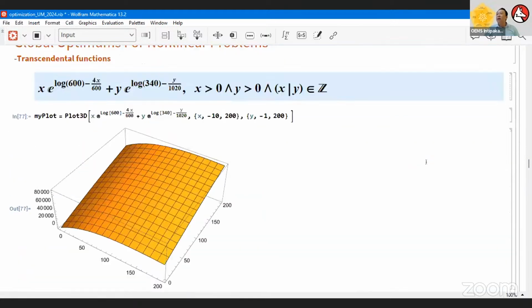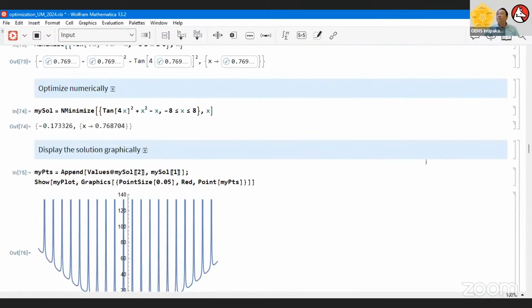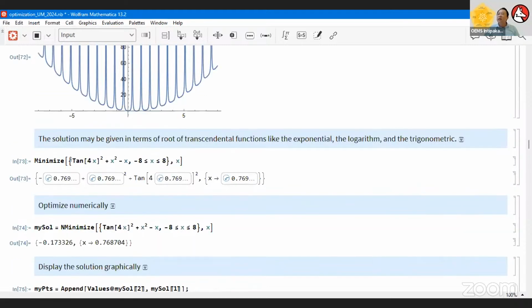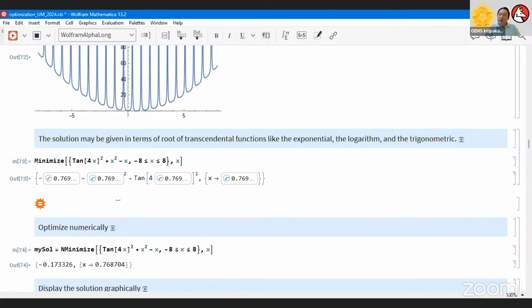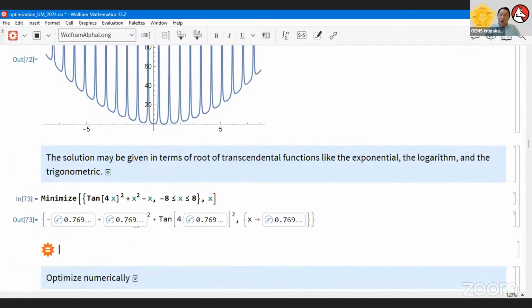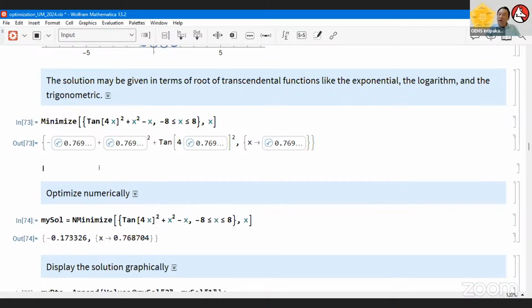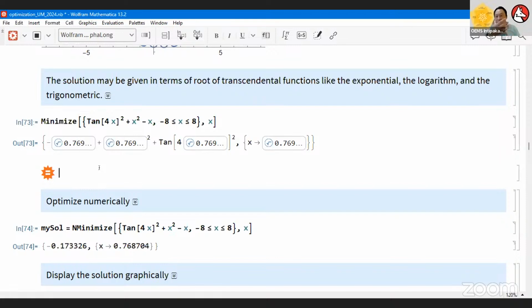Now, to make things simple, I go back to the previous one like this one. For instance, a syntax like this, anyone can write. If I, as a normal person, for instance, put a double equal sign. Like I say, those who have not come to our training before might not have seen this before, but those who have regularly been using Wolfram Mathematica know that Wolfram, over 10 years ago, already came out with something almost like AI. It's not exactly AI, but it looks like AI. It's something called natural language input, something like ChatGPT.